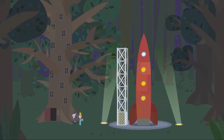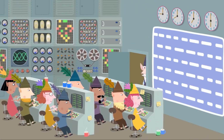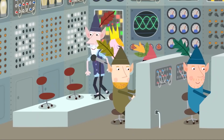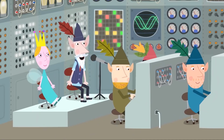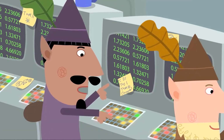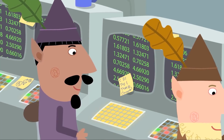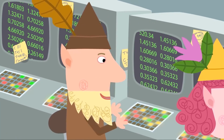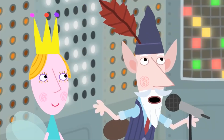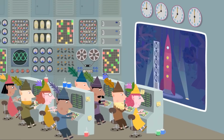Queen Thistle, would you please come with me to the mission control room? Ooh. Systems check. Engines ready? Engines are go. Computers ready? Computers online. Fuel system ready? Fuel systems A-OK. Start the countdown. 10,